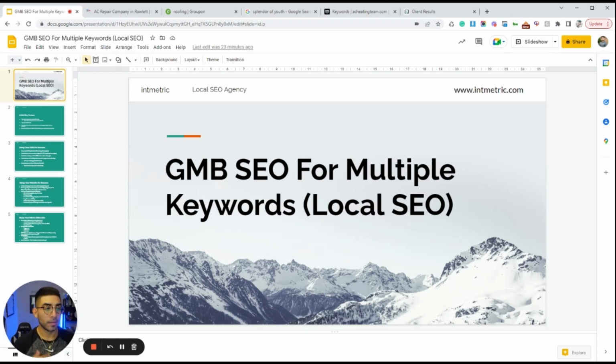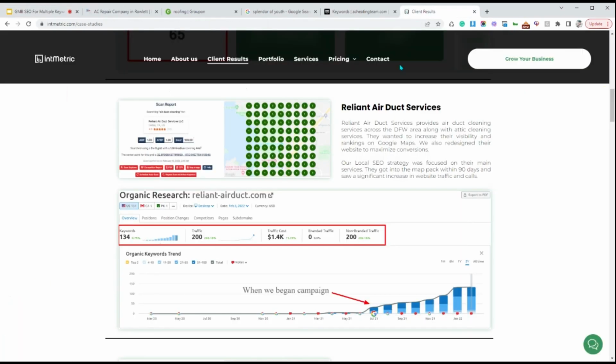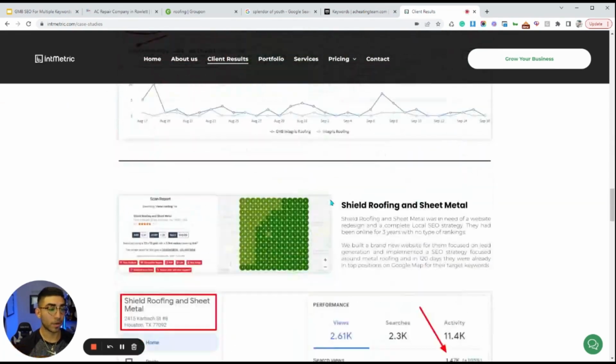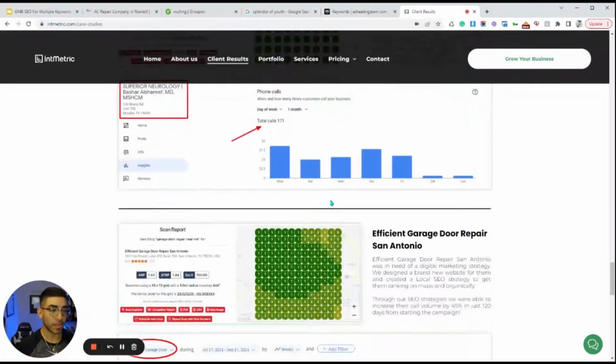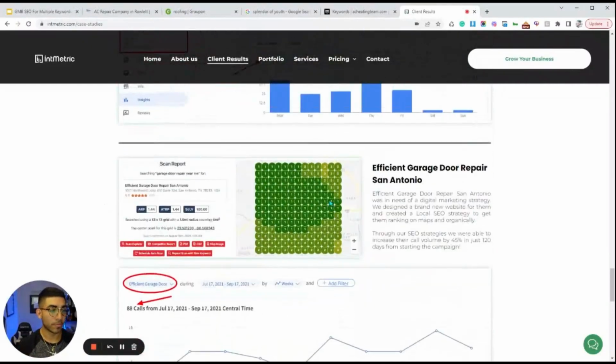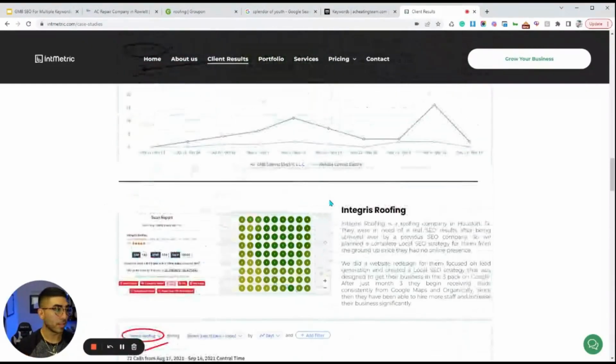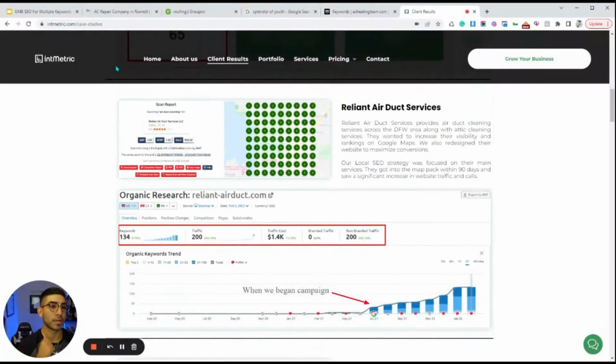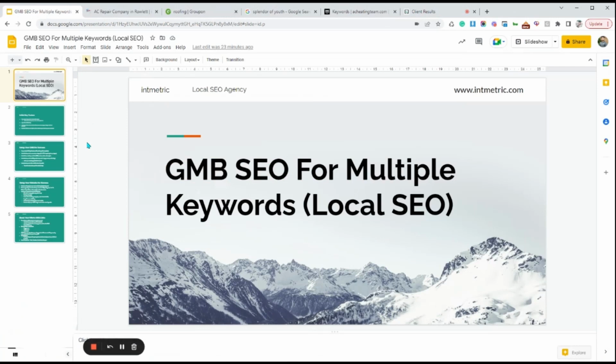So I want you guys to really understand the main concepts because these same concepts and strategies can really be applied to any local SEO campaign. Now, of course, you guys know local SEO is really all my agency focuses on. So this is literally all we do. As you can see, we display all of our results directly on our website. We have ranked a ton of different Google My Businesses. So we pretty much put together some of the main points in terms of